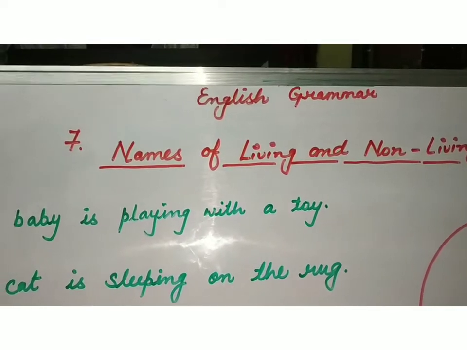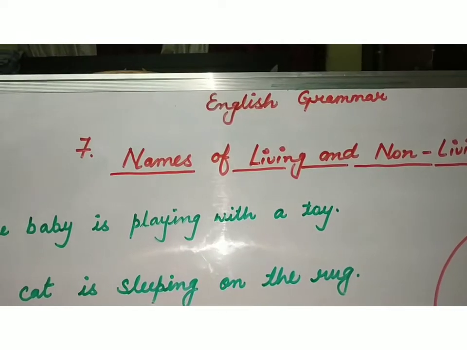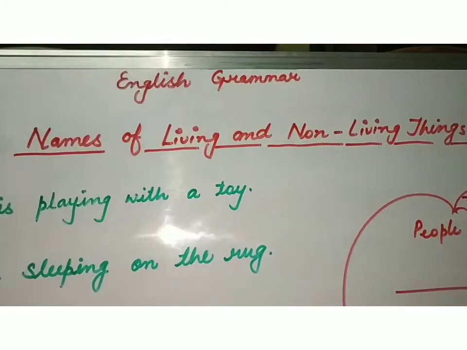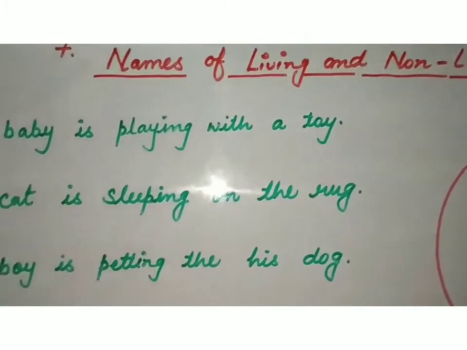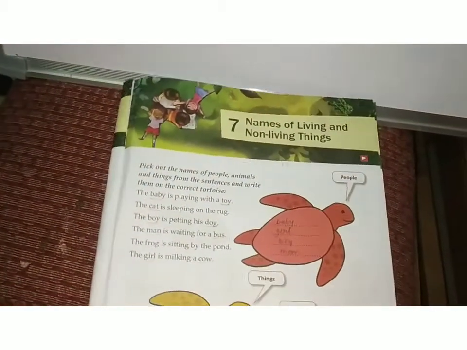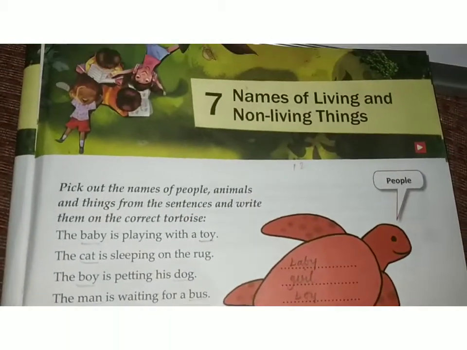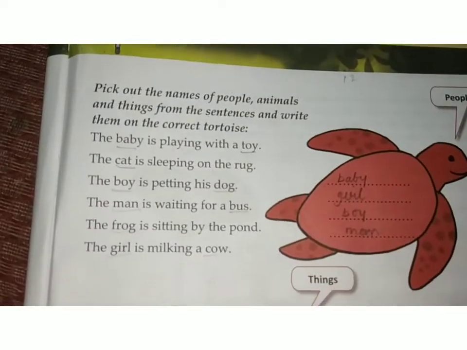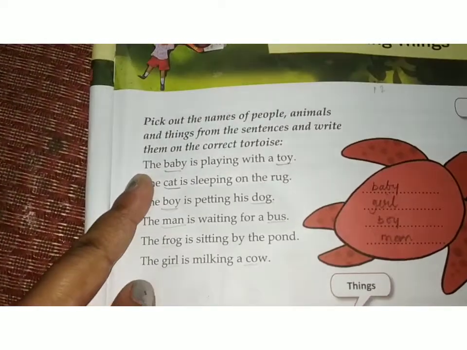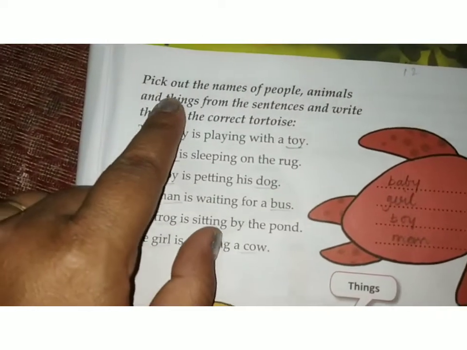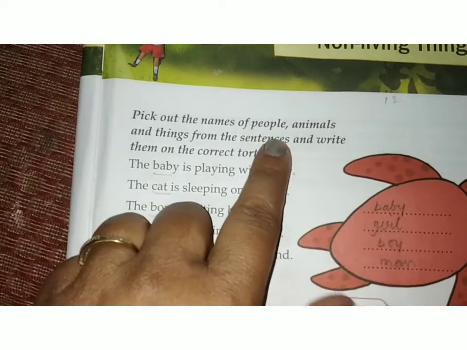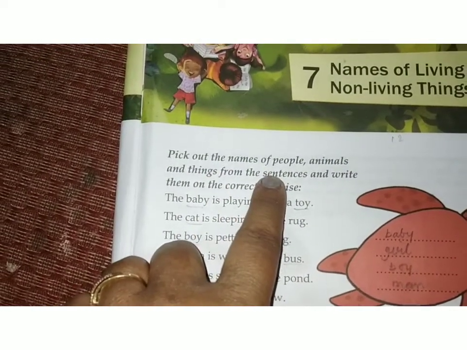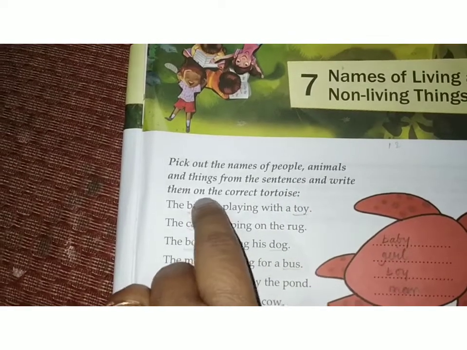Today we are going to discuss in English grammar lesson number 7, names of living and non-living things. All of you open your book on page number 13. You can see here names of living and non-living things. See here, everyone. Pick out the names of people, animals and things from the sentences and write them on the correct